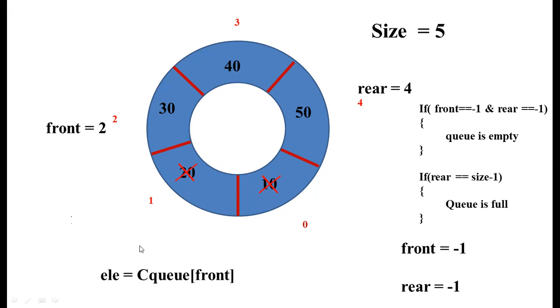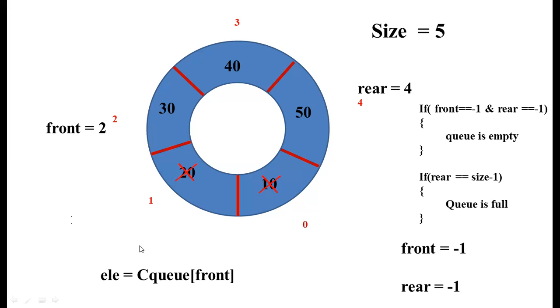There you will still have the values 10 and 20, but we call those values garbage values because there is no function in any programming language. Once again, I am repeating, there is no function in any programming language which can be used to delete the values that are present in the memory location. So now we have 2 empty positions, but